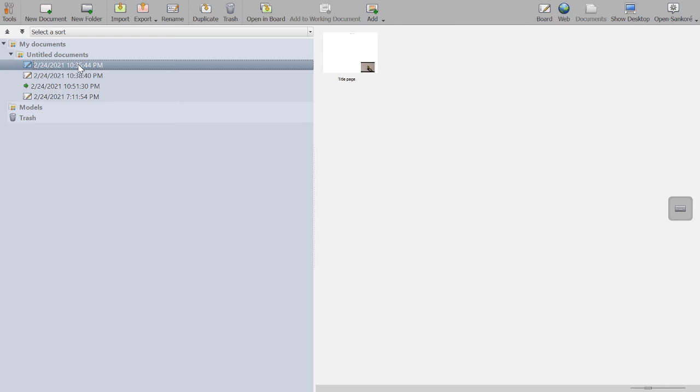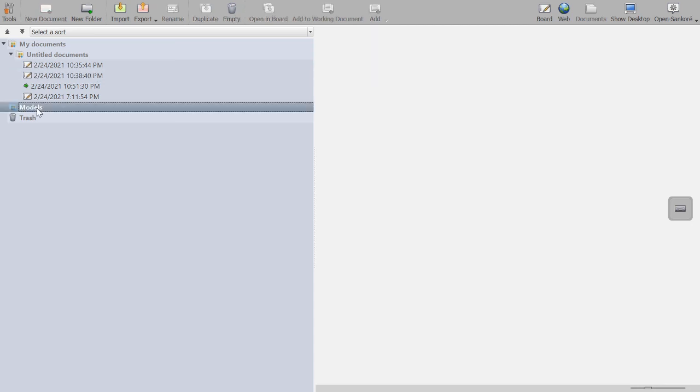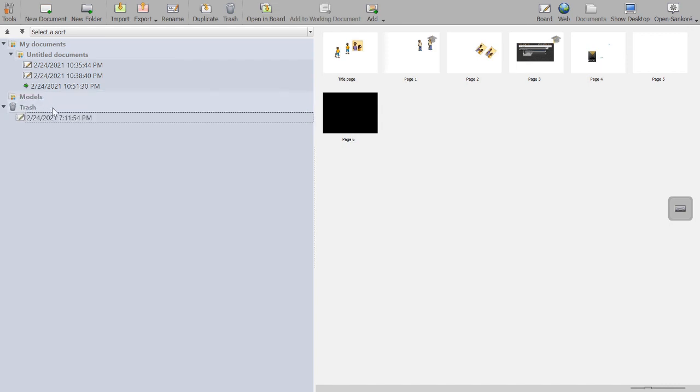Anytime we can always go back to any of the previous files and we can view the work done in those files, and we can even use those files as a template for modification and for doing some new work. We can create models or templates and we can use them, and we can also delete them as trash.